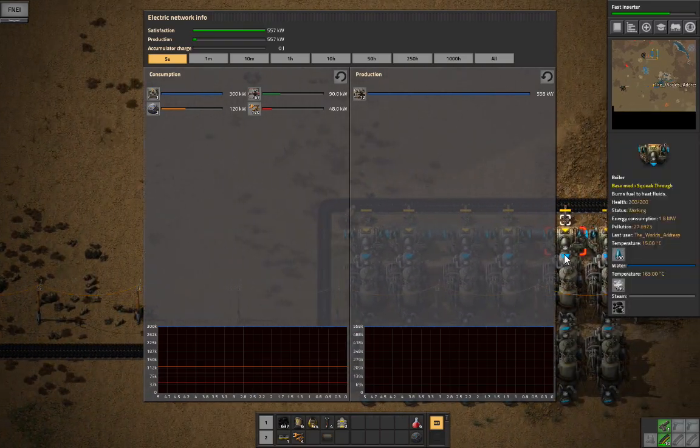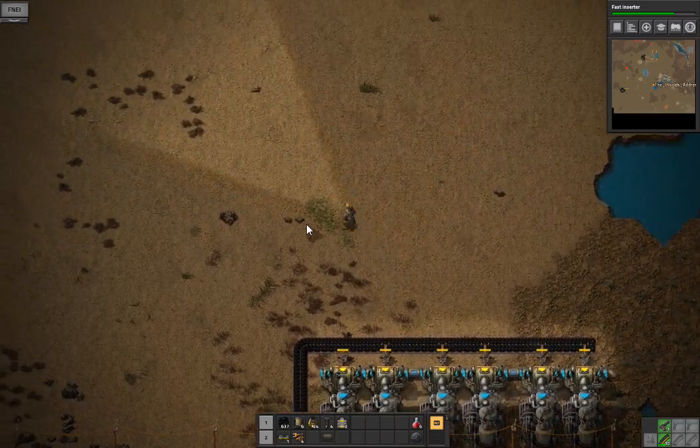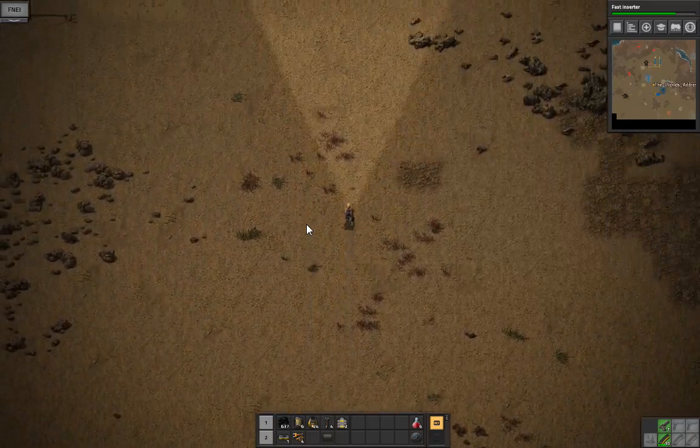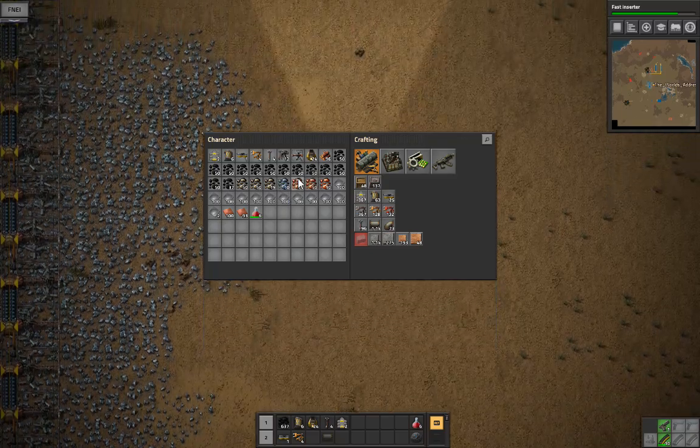Two, 4, 6. So 12 of them. Producing quite a bit. We're all the way up at the top here. And we're not really pulling out a whole lot. The radar pulls a bunch of power, it seems. Okay. Let's go ahead and...